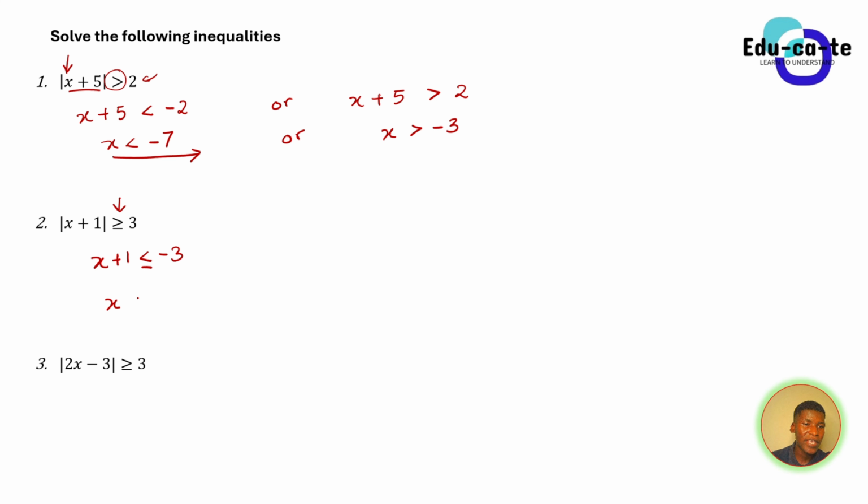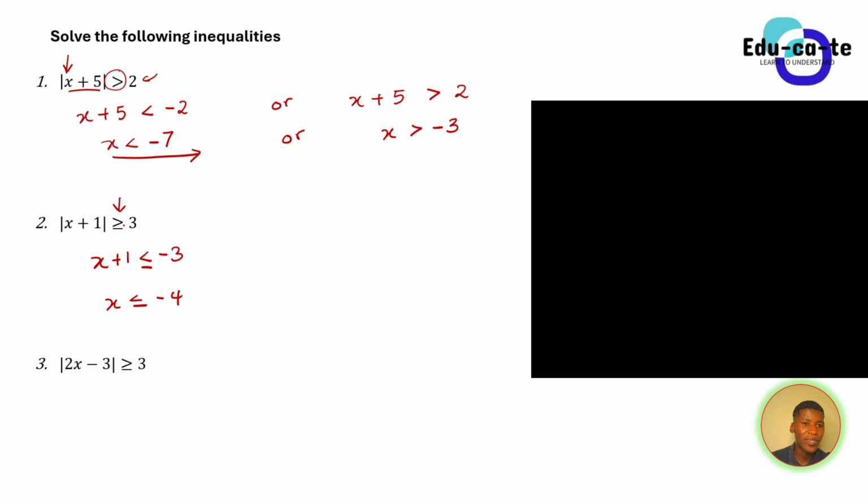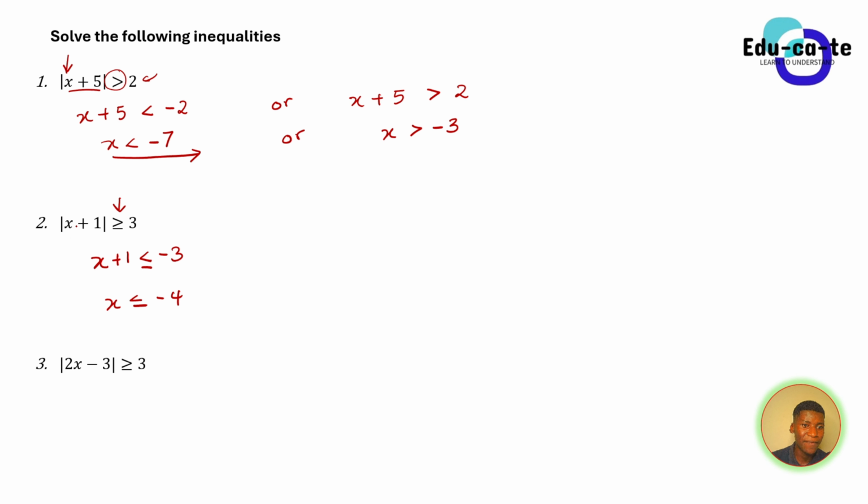So here this will be x is less or equal to negative 4. So we transpose 1 to the other side, you get negative 4. Because if you put here values that are less or equal to negative 4, you are definitely going to get a distance that is greater than 3. If you put negative 5 here, this will be negative 5 plus 1. You're going to get the absolute value of negative 4, which is 4. 4 is greater than 3 indeed, so it confirms with the inequality. So do the substitutions and thoroughly check if the values are corresponding.